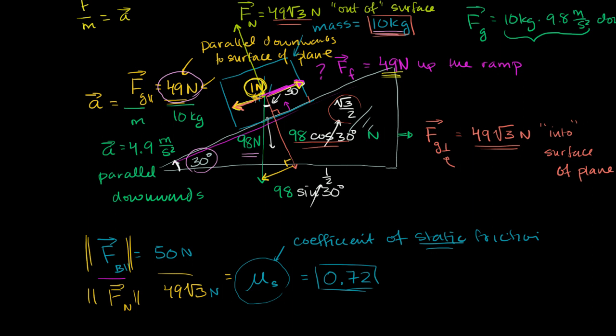Then maybe I applied 1/2 a newton. And so the total force in the downward direction would have been 49.5 newtons. But if it still was not moving, then the force of friction was still completely overcoming it. So the force of friction at that point must have been 49.5 newtons, all the way up to the combined force in the downward direction being 49.999999 newtons. And then the force of friction was still 49.999999 newtons, all the way until I hit 50 newtons,